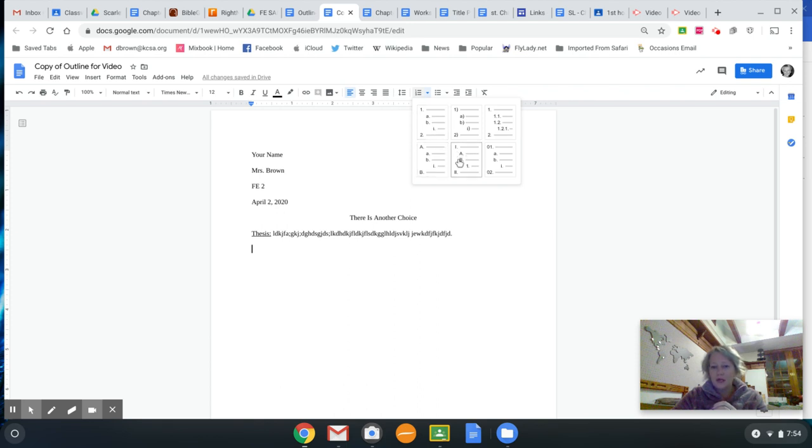Roman numeral, capitals, regular. So you need to click that one. It automatically gives you the letter that you need. It automatically moves your cursor to where you want it to be. It will continue to do that and to give you the proper formatting if you type this the way that